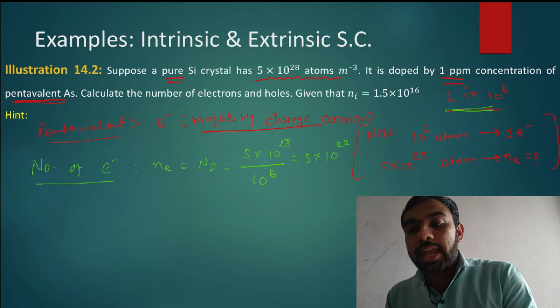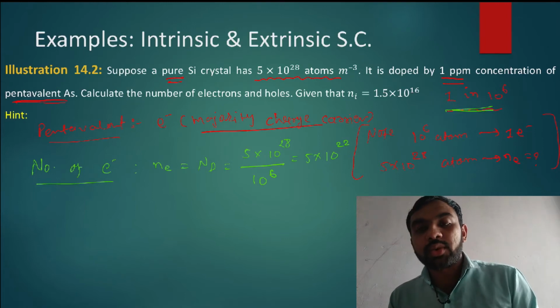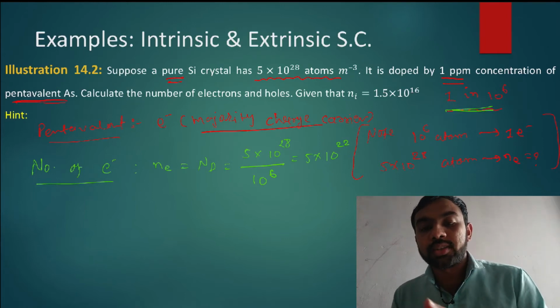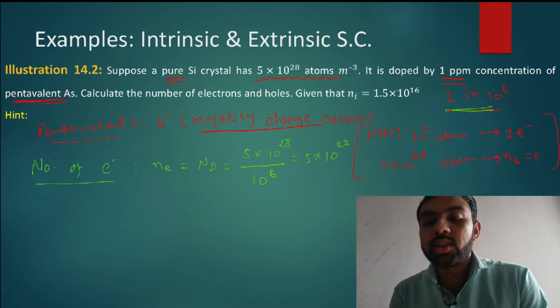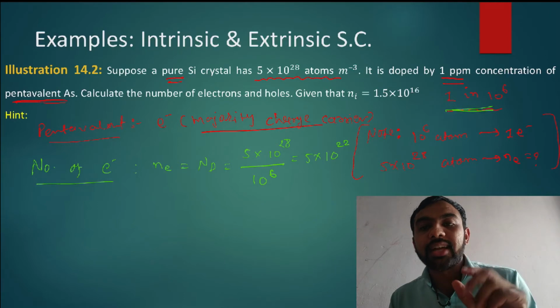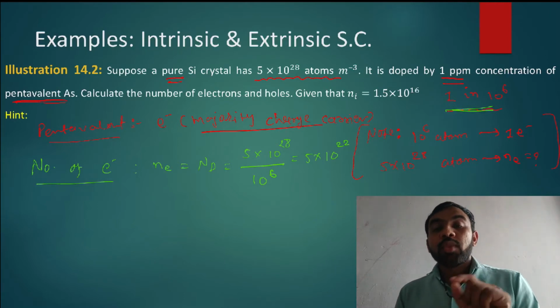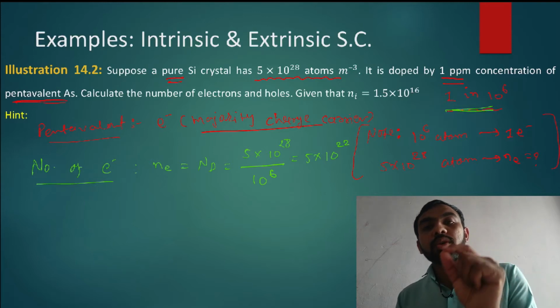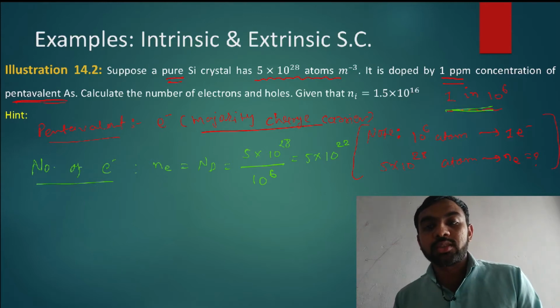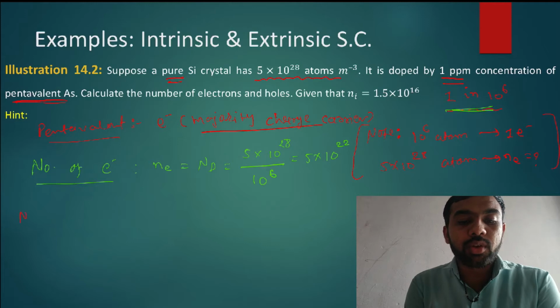Okay, so Ne is equal to 1 into 10 raised to 5 into 10 raised to 28 upon 10 raised to 26. So in this way I just put in this value. You just write this equation in your notes, so you get the answer for the number of electrons. For any extrinsic semiconductor, number of electrons into number of holes is equal to Ni square, as we discussed in the theory session. So let's find the number of holes.